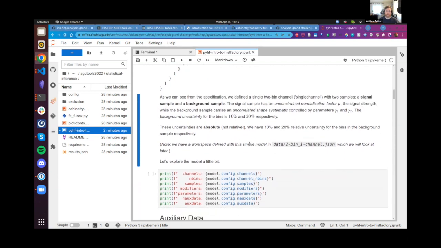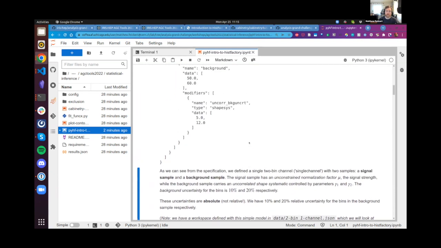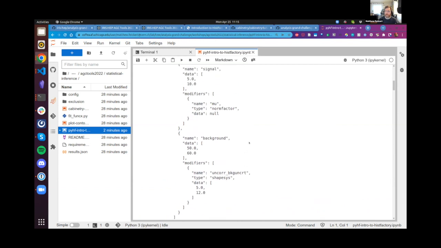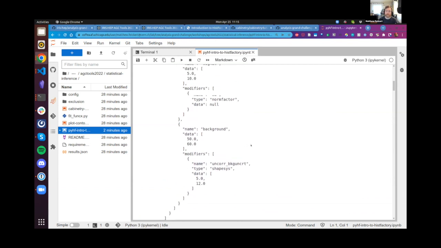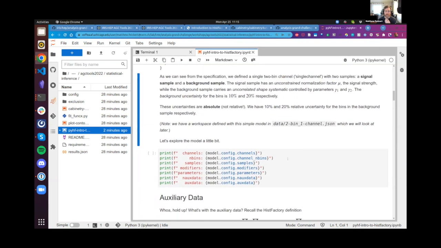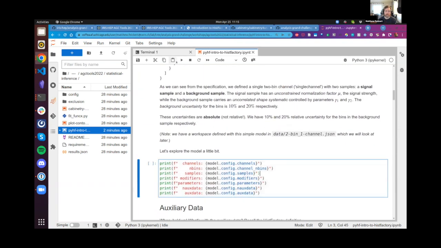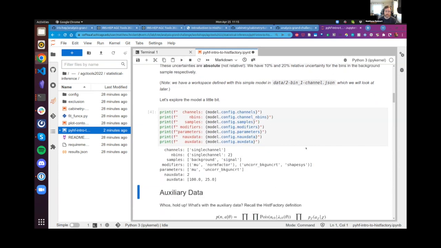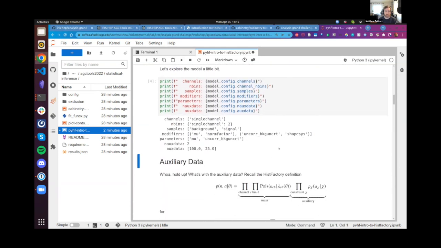Okay, we don't really need to get too much into the specifics here right now, but this is basically just showing you that we have a JSON specification which fully defines everything inside of here, that fully defines the model. And then if we interrogate the model a little bit more with this model configuration API, we again see the same information, that we have a single channel model, and in this single channel model, there are 2 bins,